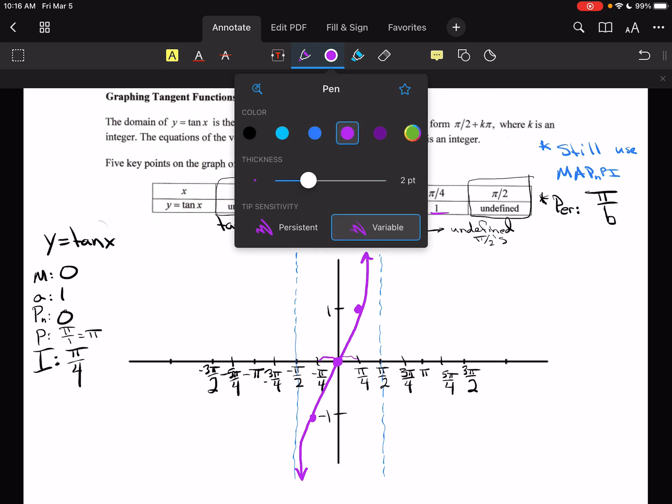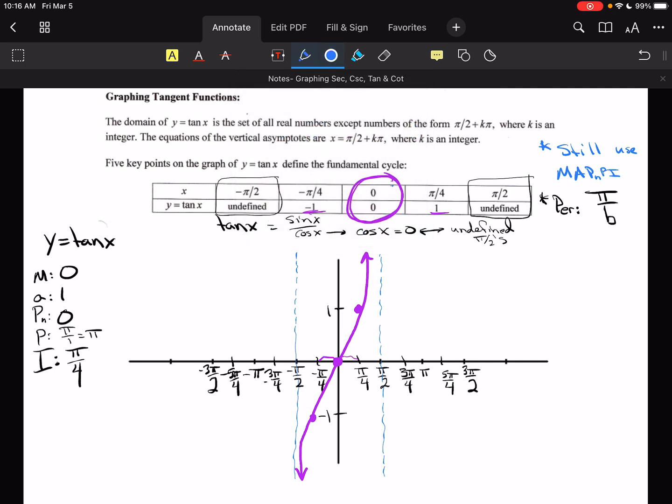Continuing the pattern, I see another pi over 2 over here at 3 pi over 2. So there's another asymptote. If I think about the middle of this interval, that would be right here. So the middle of your two asymptotes, that's where the center point will fall for tangent and cotangent. And again, we'll talk more about how we'll find this when we're moving with shifts and all that in class. But for now, if you think about this as one period,